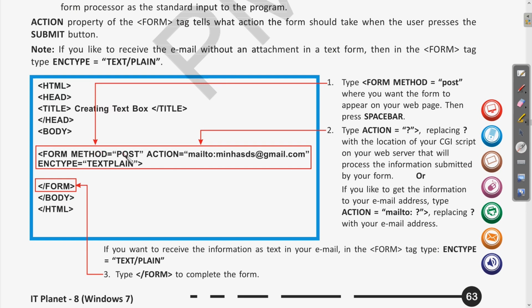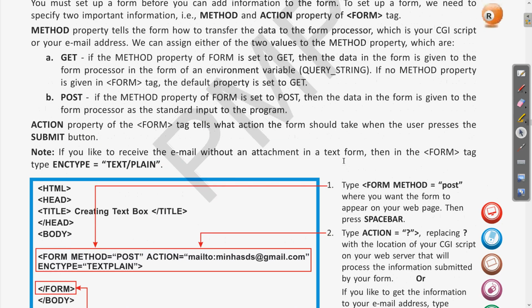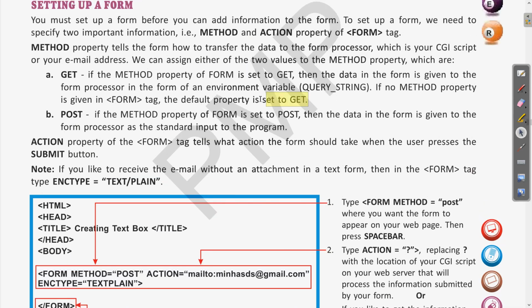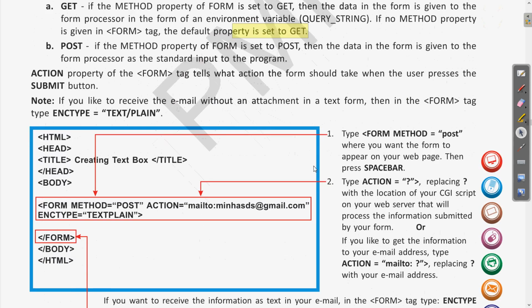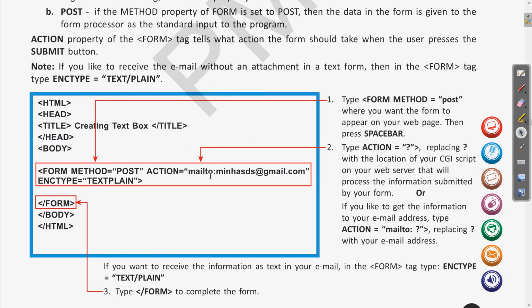By default here, if we don't mention the method like post or get, it will take get. Clear? We have just seen also that when we don't mention the method, by default the property is set to get. Clear? And in the action, whatever step the processor, you can say the browser, will take, there are some gateways.